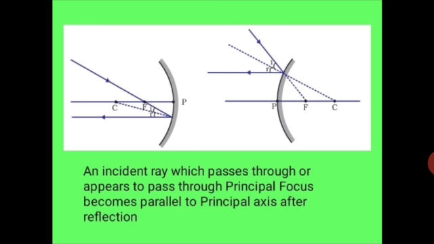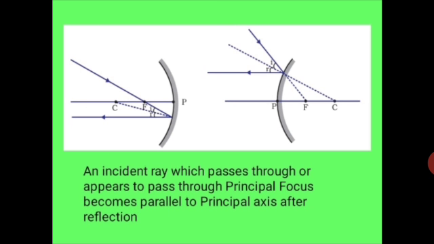Now, while drawing a ray diagram, we need to draw any two rays in such a manner that they intersect after reflection. That gives us the position of the image. I repeat, out of these 4 types in which we can draw the rays, we will take any two and will plot it on the ray diagram.